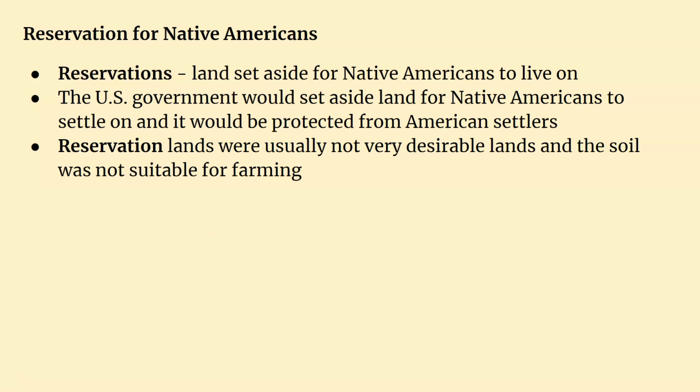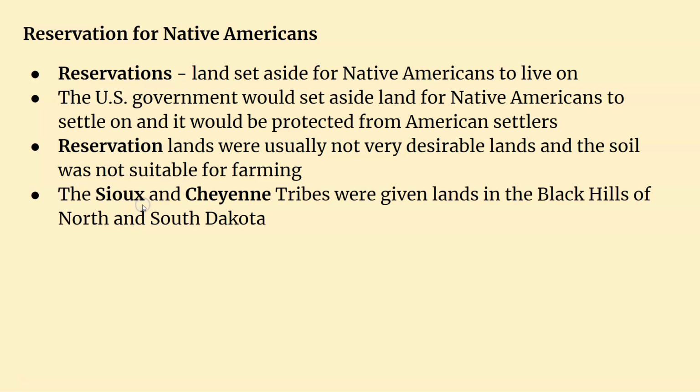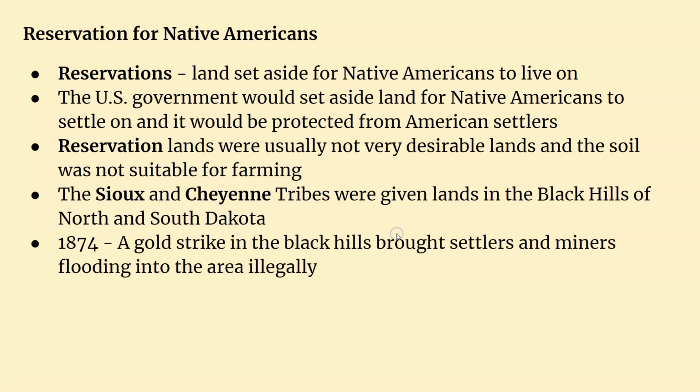Fortunately, the United States never really gave the Native Americans really nice land. It was usually land that the United States really didn't care about, didn't have any gold on, wasn't rich in farmland. A lot of it was in the Black Hills of South and North Dakota. They're called the Black Hills, but it's also called the Badlands. It's not really farmable, but that's where a lot of Native American reservation land was. The Sioux and Cheyenne tribes were given these lands in the Black Hills. But like I said, it was called the Badlands.